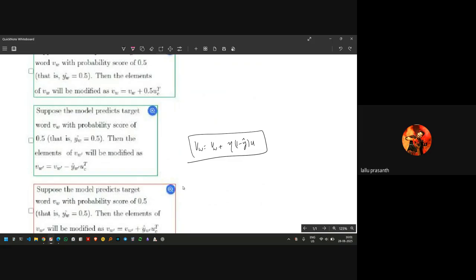Suppose the model predicts target word VW with a probability score of 0.5, then the elements of VW will be modified as VW dash is equal to VW dash plus y hat V dash UC transpose. So the formula itself, it won't update, but here it's saying it will get updated. How to know this one? No, we have the y hat score. If they provided the y hat performance, y hat. See in the slide,